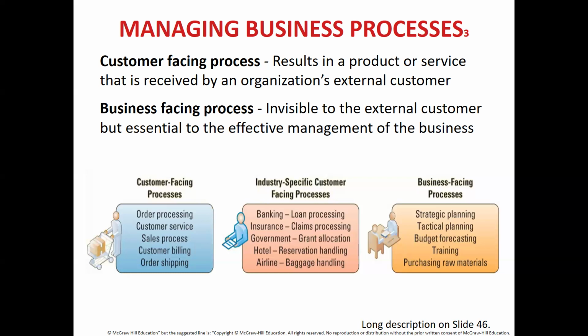Now, if you notice, the major difference between the two is this. When you're talking about customer facing processes, it's just like us going to buy goods from a supermarket. What the supermarket does in terms of how to run things, how to manage things, what their goals and objectives are, where they buy the raw materials from, how they allocate the price, what the expenses are, we don't know all these things about the supermarket. All we know is generally that we want to go and buy the products. Those things we do not know about a particular organization's processes are business facing processes.